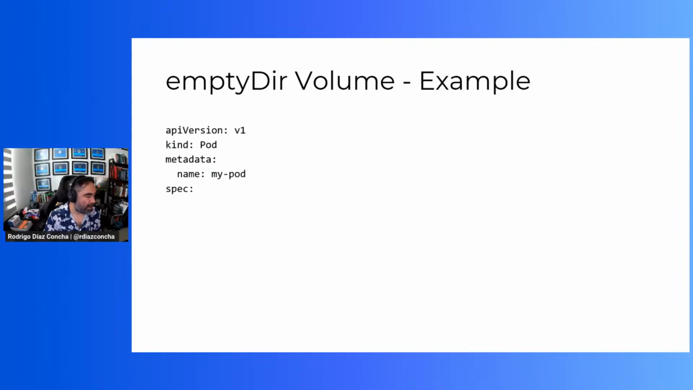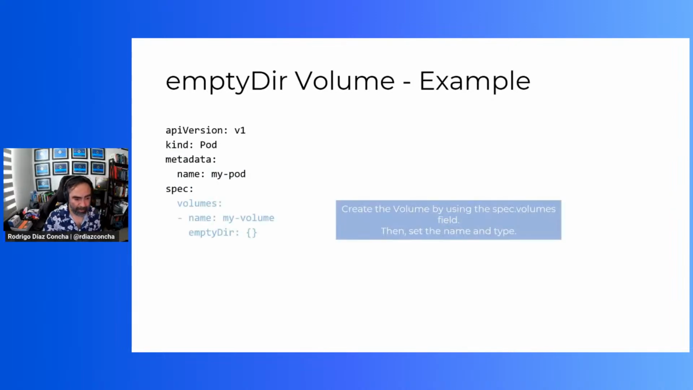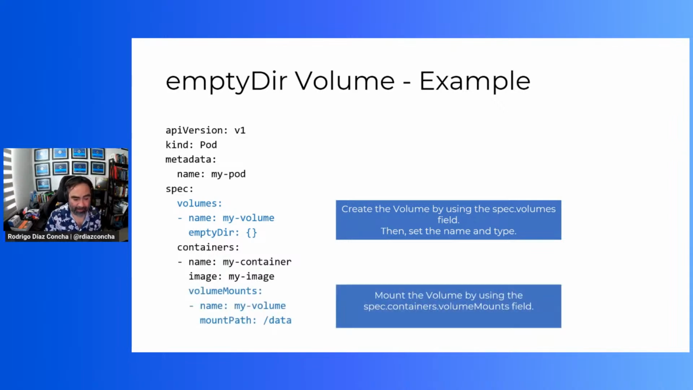And we talked about emptyDir as an example of an ephemeral volume. This is a very popular one. You just define inside the volumes field the name of the volume and emptyDir as its value. So in this example that I have here on the screen, the volumeMounts field is referring to the my-volume volume, right? It is referencing the volume. So let's go back here to